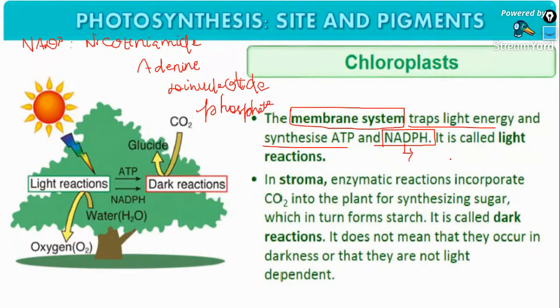And if NADPH is coming, then you have to begin the full form with reduced nicotinamide adenine dinucleotide phosphate. So, in stroma, which is the fluid matrix, the enzymatic reaction incorporates carbon dioxide into the plant for synthesizing sugar, which in turn forms the starch, and that is called the dark reaction. So guys, in the stroma, dark reaction takes place, and what is happening? Synthesis of sugar takes place, is the main step that takes place in the dark reaction of the